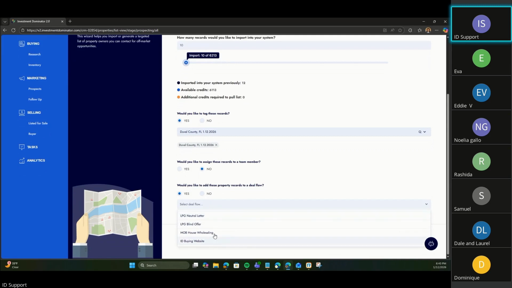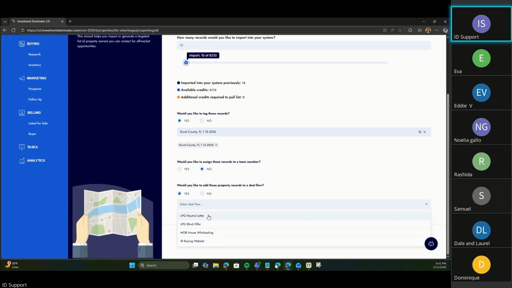The others are options as well, like the blind offers. Blind offers, just to give you a quick idea of how that works, you're sending out offers to people. You're not checking to see if they want an offer or not. You're just sending them to them because they're in that area and they fit the criteria. You're just sending out blind offers to everyone and hoping one sticks. That's one strategy.